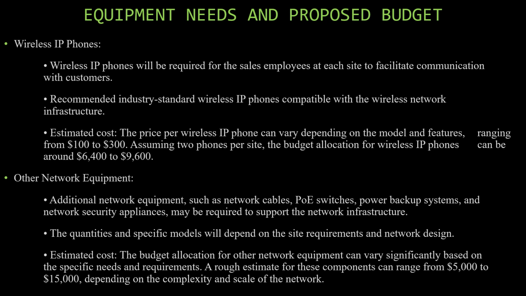Additional network equipment such as network cables, PoE switches, power backup systems, and network security appliances may be required to support the network infrastructure. The quantities and specific models will depend on the site requirements and network design. The budget for other network equipment can vary significantly based on the specific needs and requirements. A rough estimate for these components can range from 5,000 to 15,000, depending on the complexity and scale of the